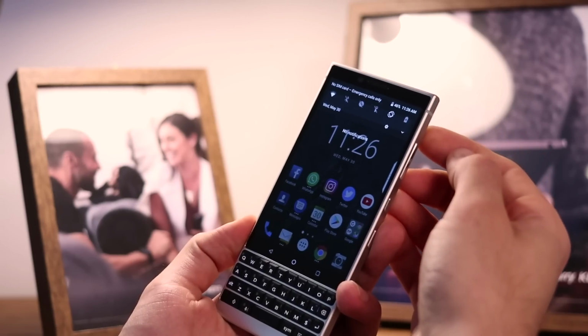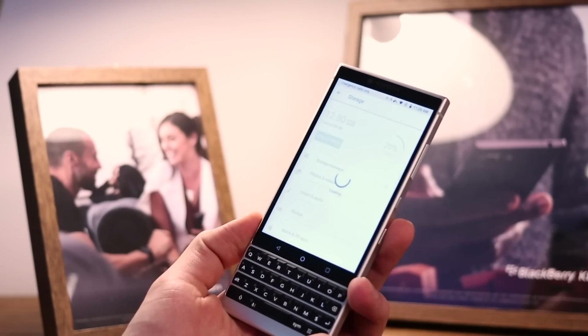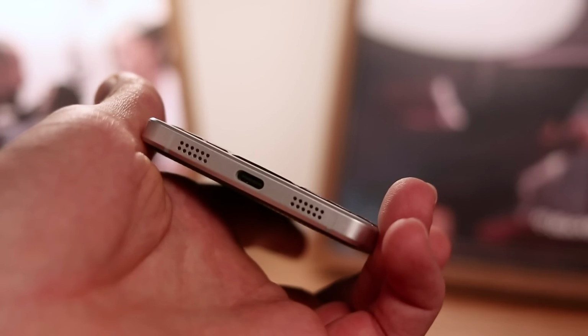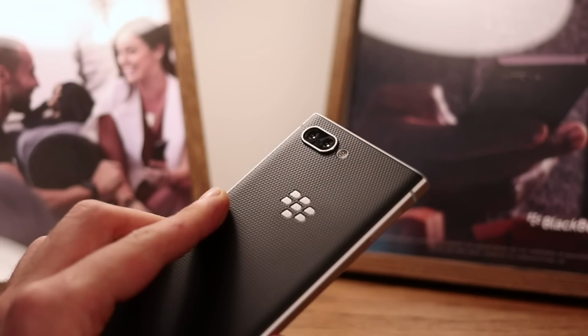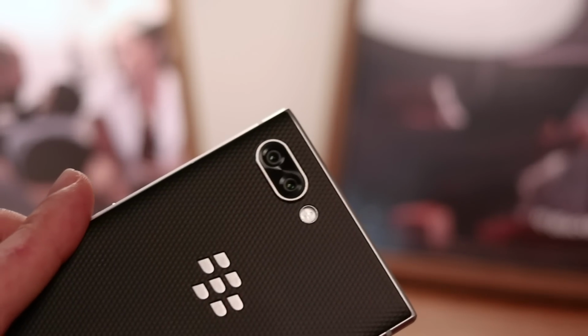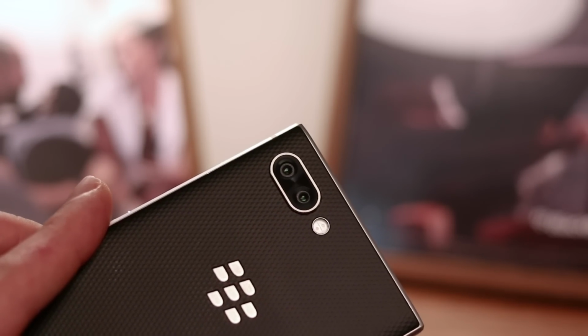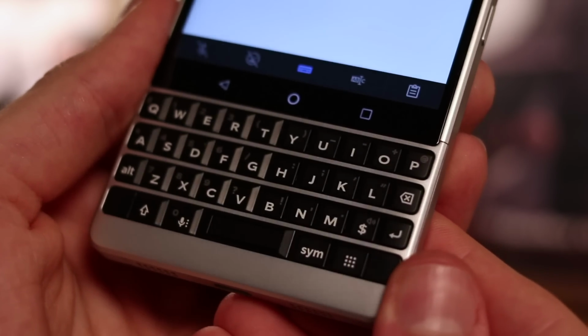The 4.5-inch screen's also been nudged up a little bit so that keyboard is 20% larger. USB-C at the base, micro drilled speaker holes either side, and around the back you've got a dual camera for the first time on a BlackBerry device. Dual 12-megapixel cameras with manual controls as well, and there's that obligatory bokeh mode, though there is no optical image stabilization here. You won't be picking up a BlackBerry for the camera, but you may well be picking it up